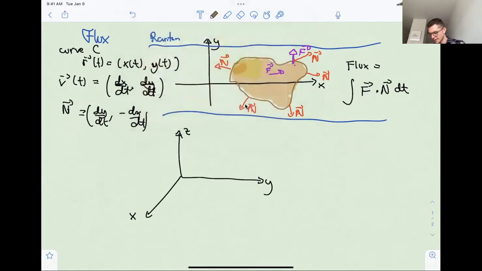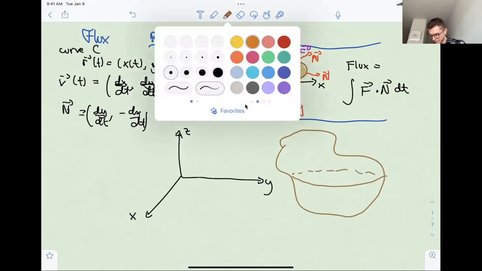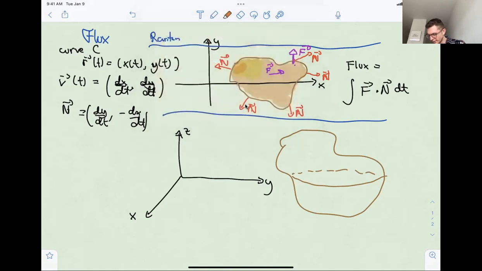So imagine that, again, think of it as some sort of asteroid or something floating in space. So you have like a